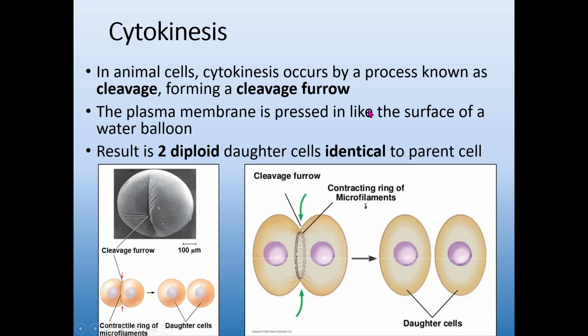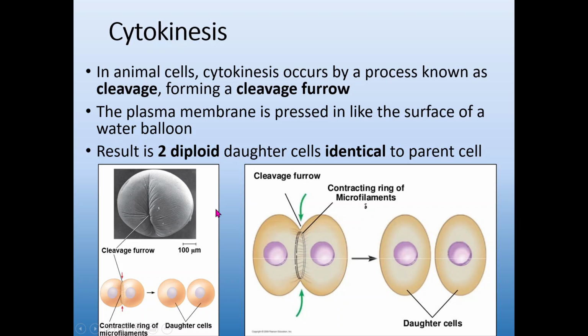Okay. Just a little bit more about cytokinesis here. So in animal cells, this happens differently in other organisms, but in animal cells, cytokinesis happens through this process we call cleavage. The way I like to visualize it is if you take a water balloon and you press down on one side with your finger, that's going to start forming a cleave, a divide between them. And if you can then picture that cleave going all the way through until it pops out the other side and creates two mini water balloons, that's what's happening during cytokinesis. So it creates this cleavage furrow, which will then push through all the way to the other side.